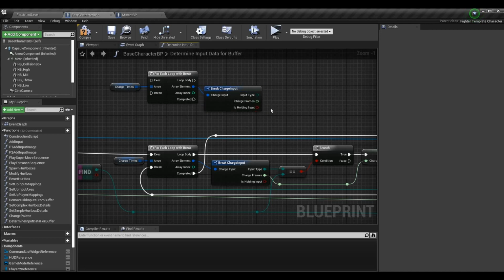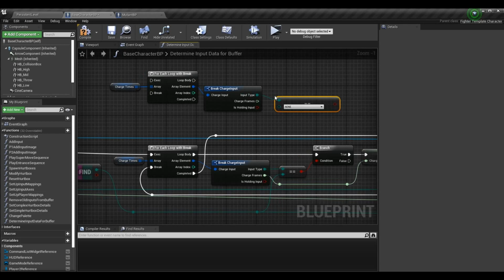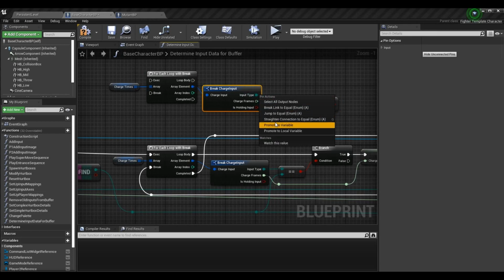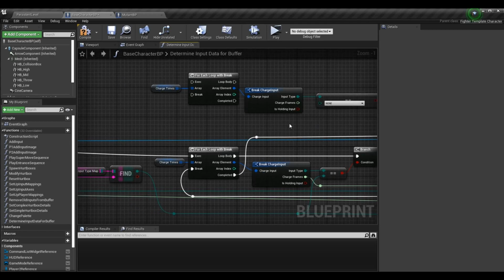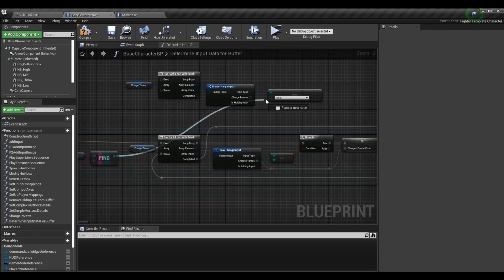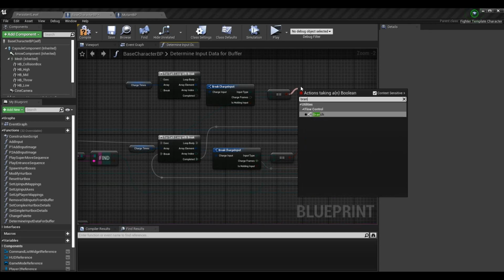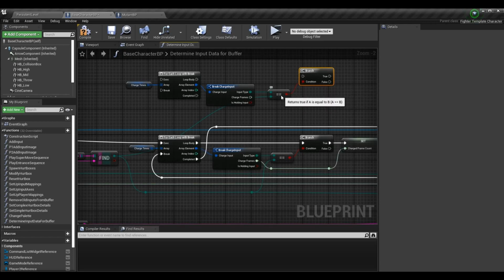Then, when we're here, we need to make sure that the input type, remember you keep seeing this equals, the input type equals the other. We need to make sure that this is equal to the value we received from our input to input type map. Basically, the action of this charge time element is equal to the key that we are pressing. We know these are the same. If this is true, bring this into a branch. If this is true,